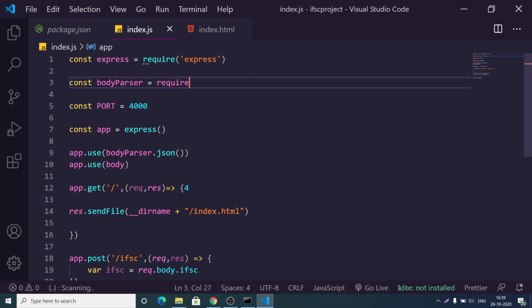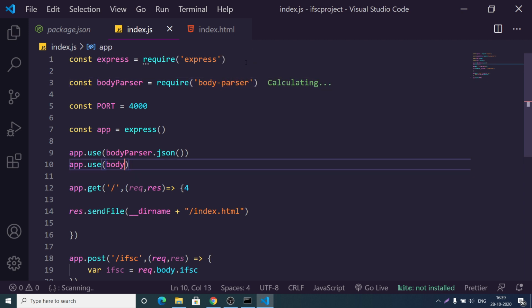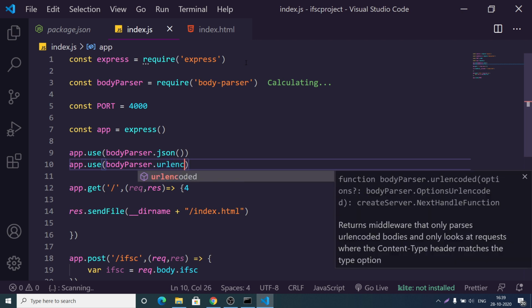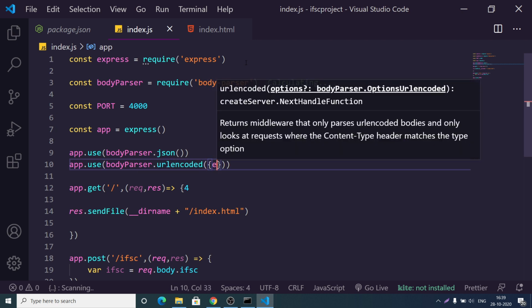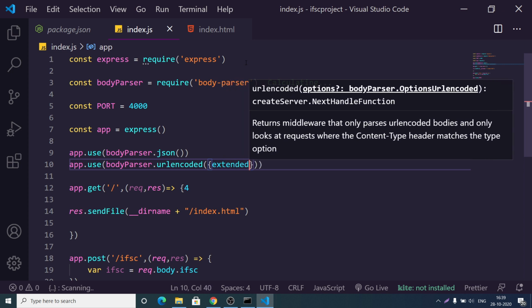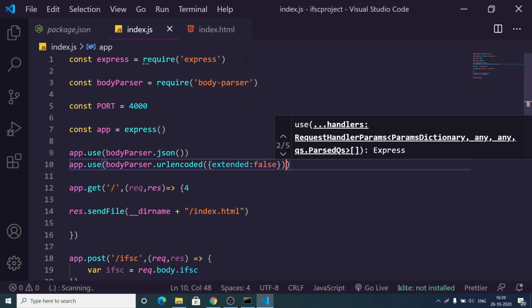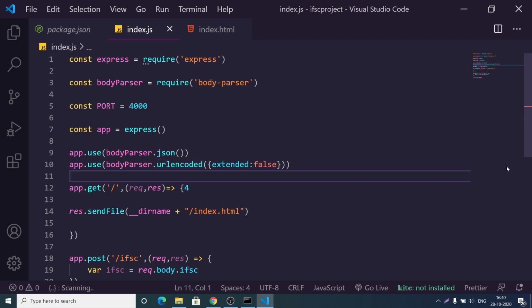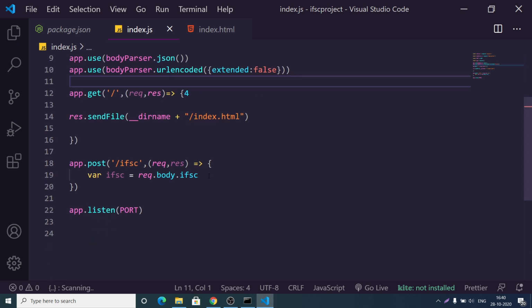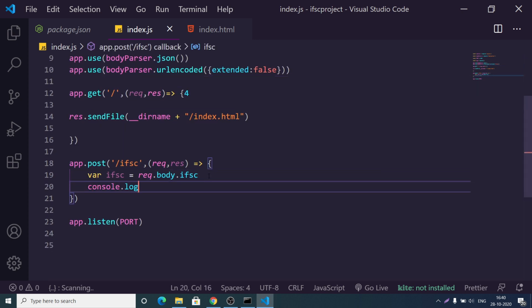This is a built-in dependency, you need not install it. URL encoded, extended to false. So just write these two lines, and now you can get the value that the user has submitted. So we can just console log the value, IFSC code.